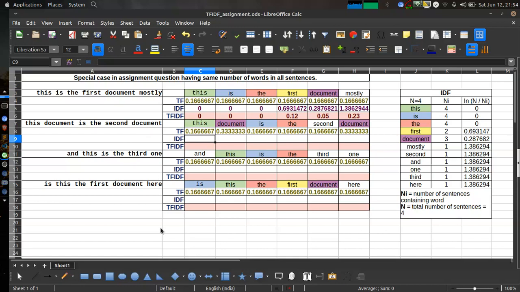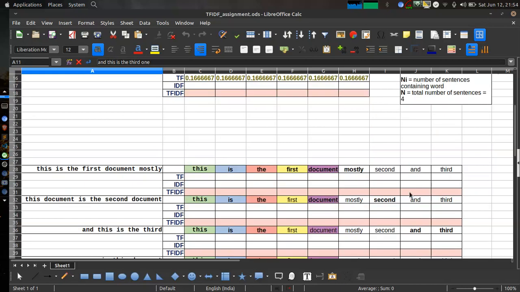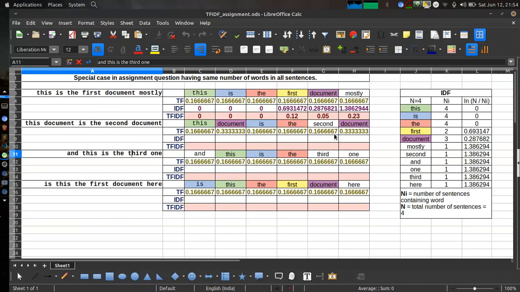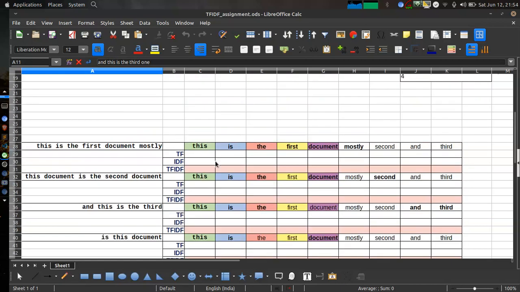Because if I just add one more sentence with 7 words, or if I just remove one word from here, this whole setup will fail. Right. So this is the incorrect way, but for the sake of the assignment, and I don't know what they are thinking, we need to follow this just to pass the assignment. We will ask this doubt tomorrow. I am planning to ask, but as I have understood now, let's see tomorrow if sir discusses this. Otherwise we will ask this question.